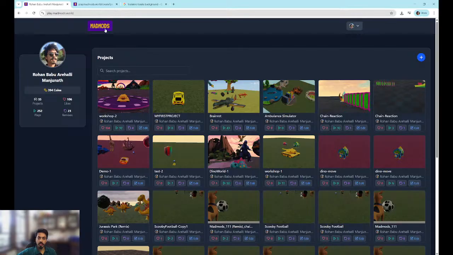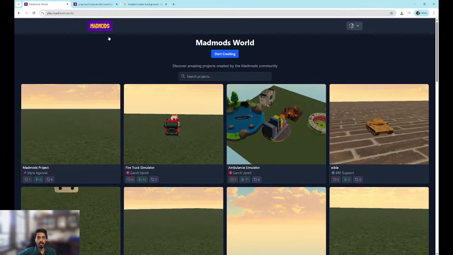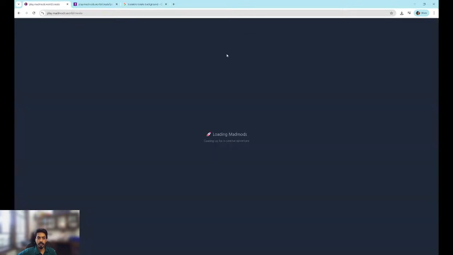If you're not on the profile page, and if you're on the home page, which is play.madmods.world, you can create a project by clicking on the start creating button right at the top in the center over here. So let me show you how you do this. You just click on this button, and then you wait for it to just open up a brand new empty project for you. Okay,